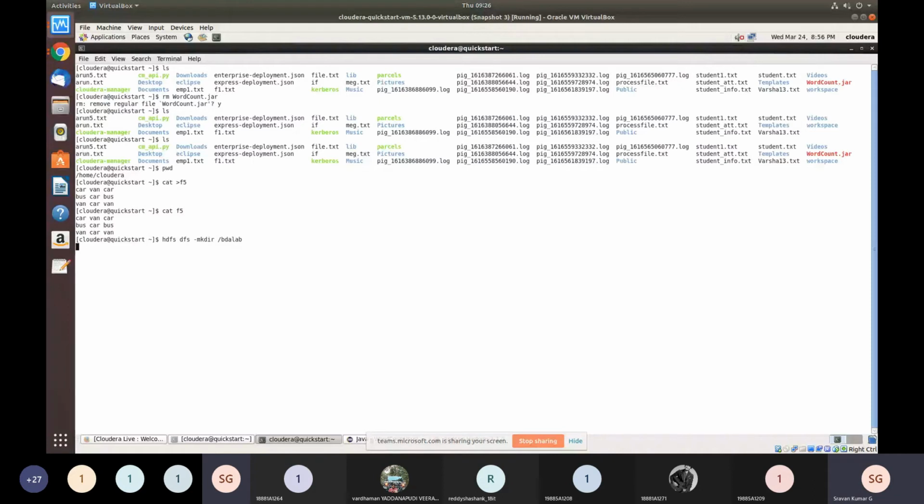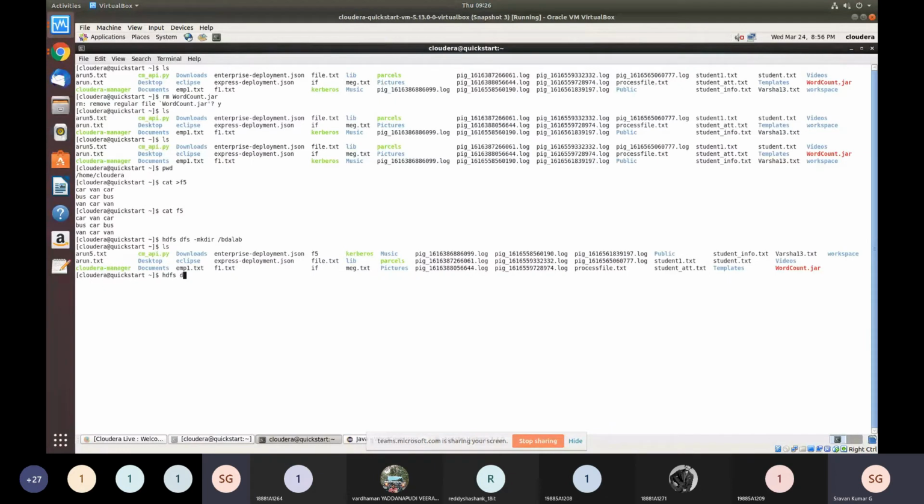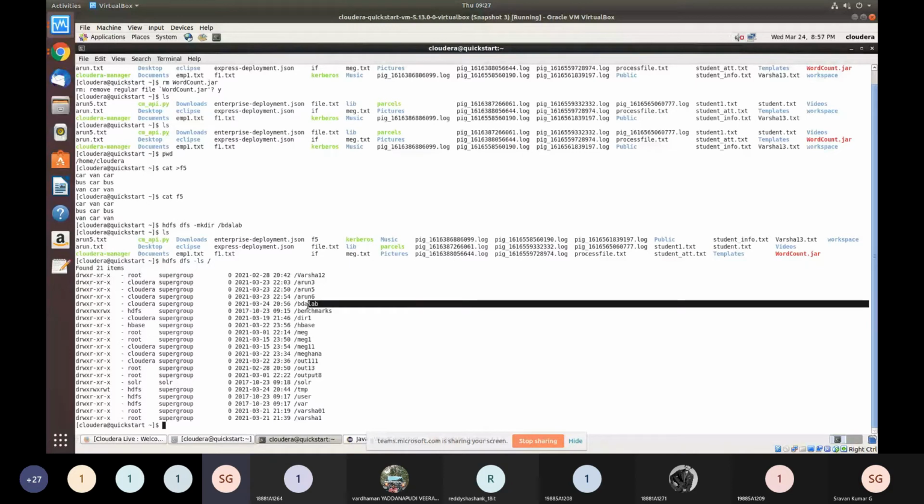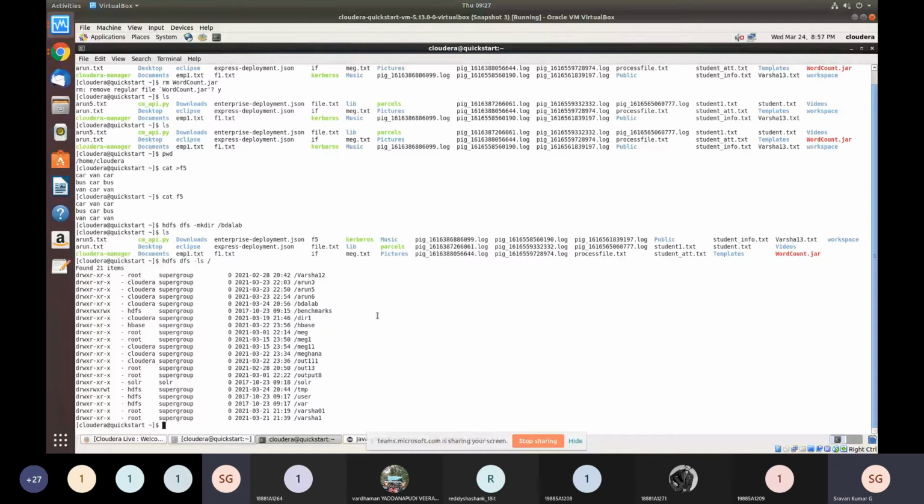You can also check with hdfs dfs -ls slash. You can find bda lab here. Right, this is my directory.